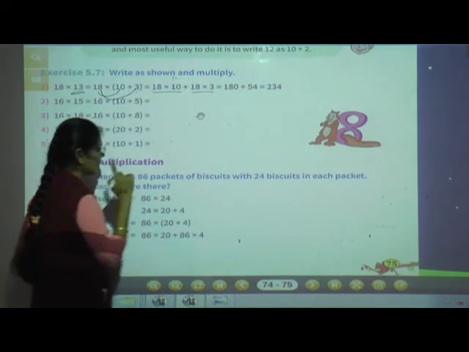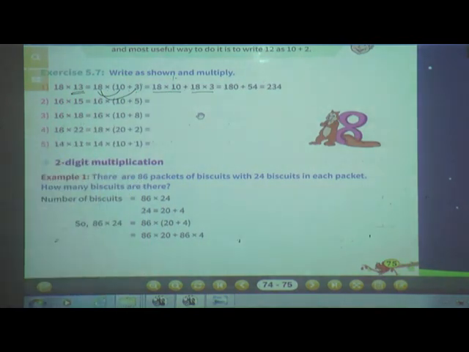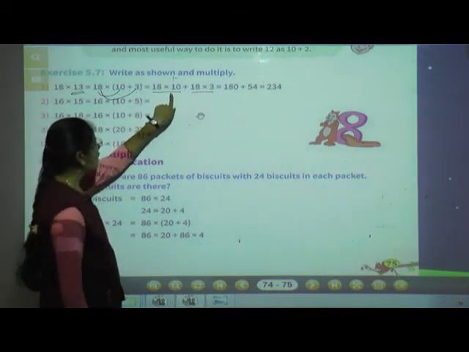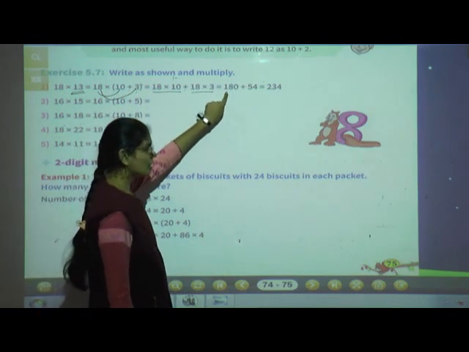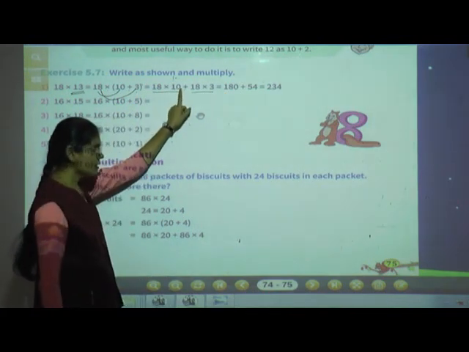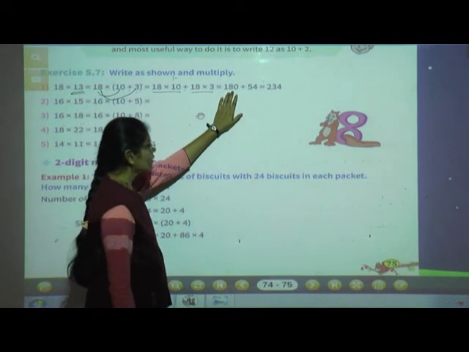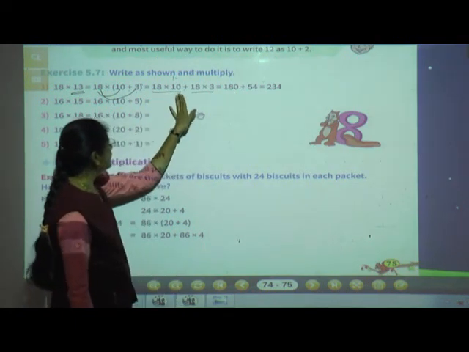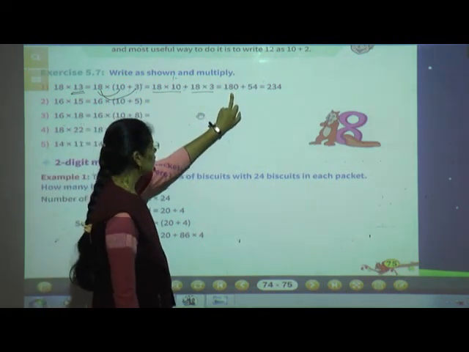180. We have seen one property of multiplication: when we have to multiply by 10, 20, 30, at that time we write that number as it is and give one more 0 to the right side. So according to that property, 18 into 1, 18 ones are 18, first of all we will write, and then in the 10 there is a 1 0, so we will give here a 0, that is, 18 tens are 180. Okay.